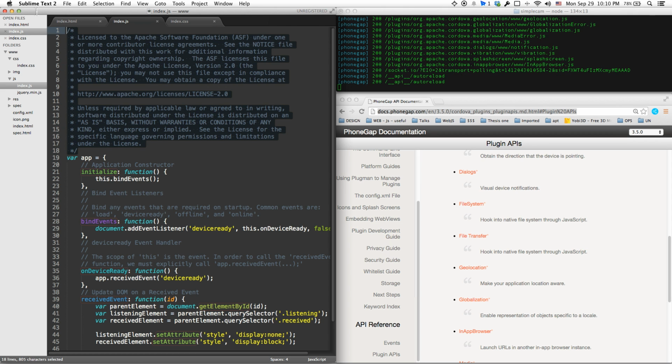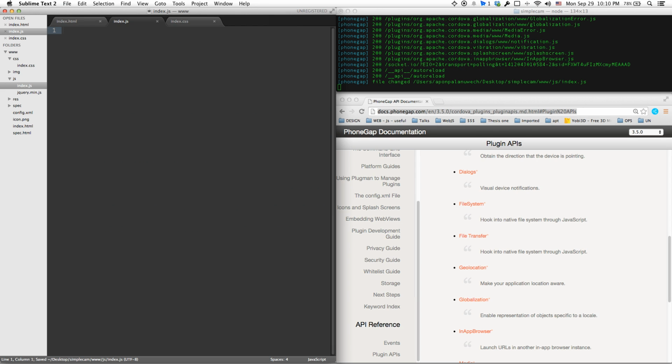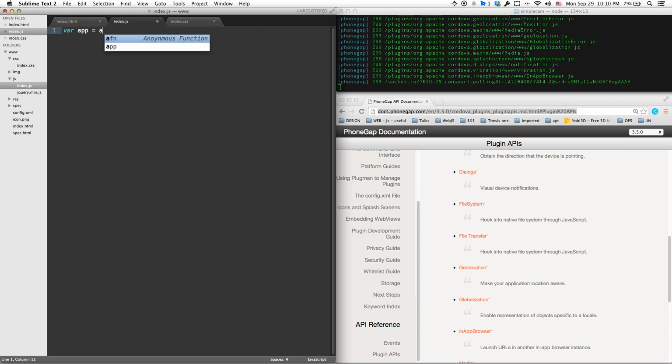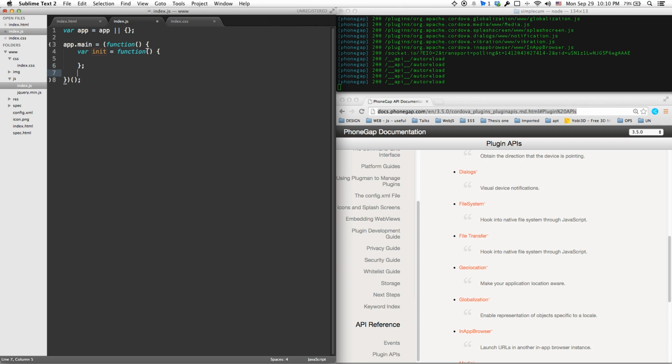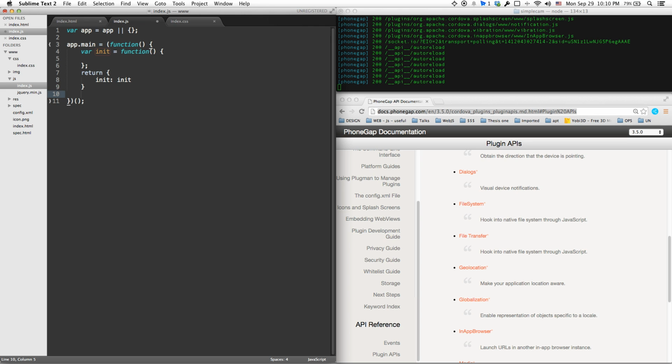In the JS files, look carefully. I'm going to remove everything here. I'm going to start as a clean blank document, and I will define our app namespace, something that we have done a couple of times. I'm going to follow the same pattern that we did in class. Return init, and what you need to be careful of here: instead of doing window dot load